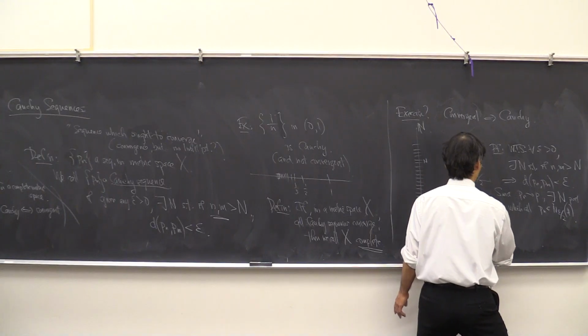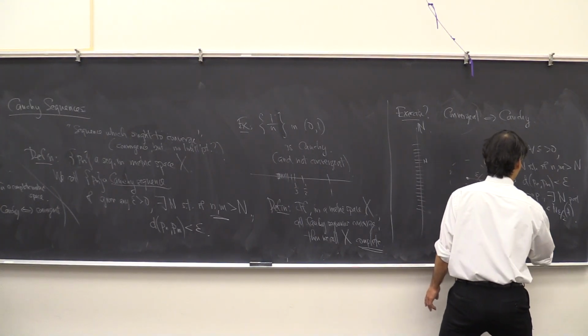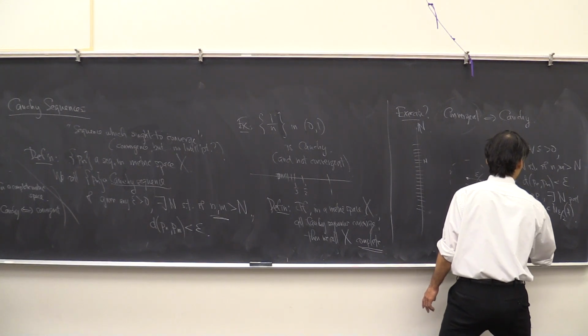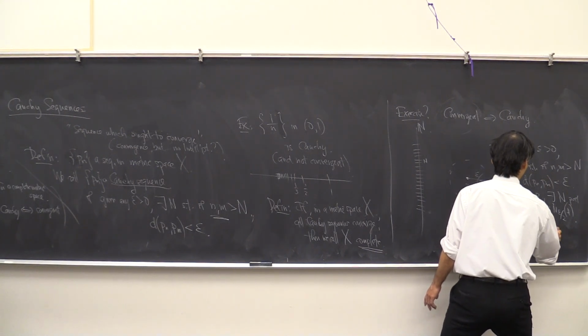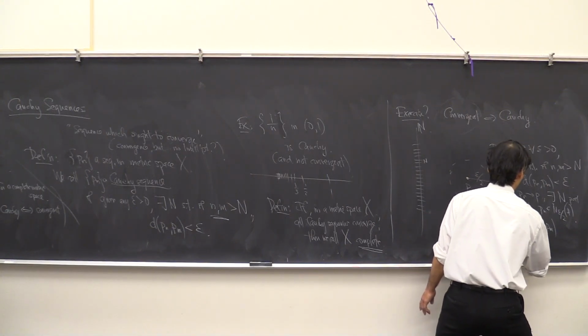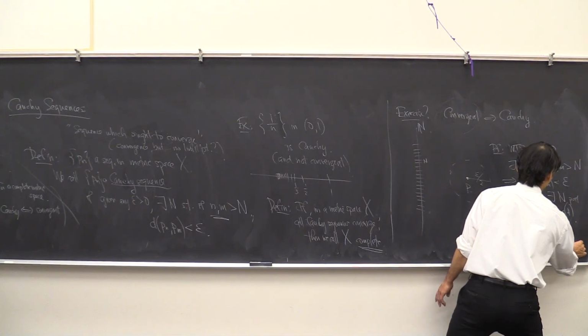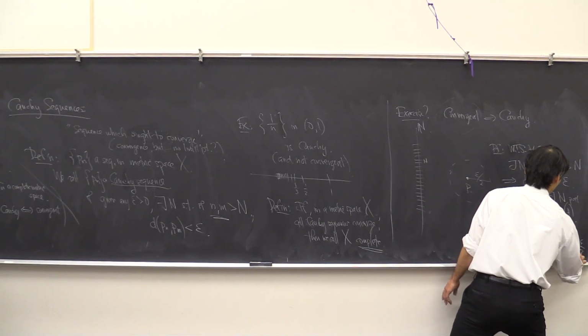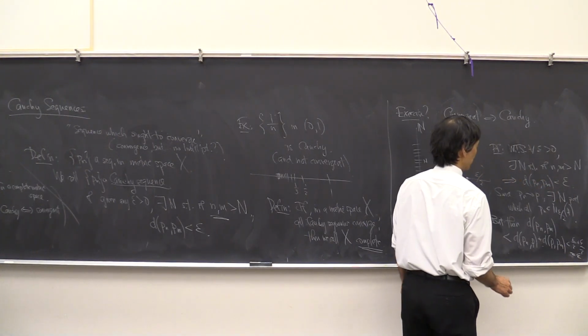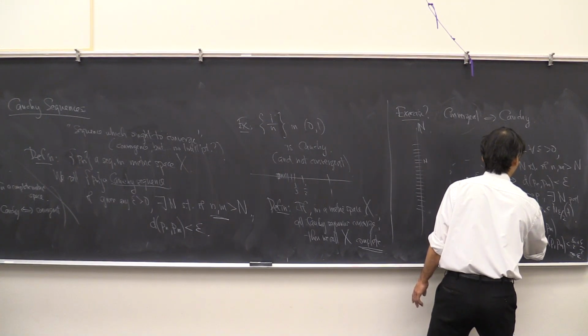But then the distance from p sub n to p sub m is going to be smaller than or equal to the distance from p sub n to p plus the distance from p to p sub m, which is smaller than epsilon over 2 plus epsilon over 2, which sums to epsilon. But then for n bigger than capital N,